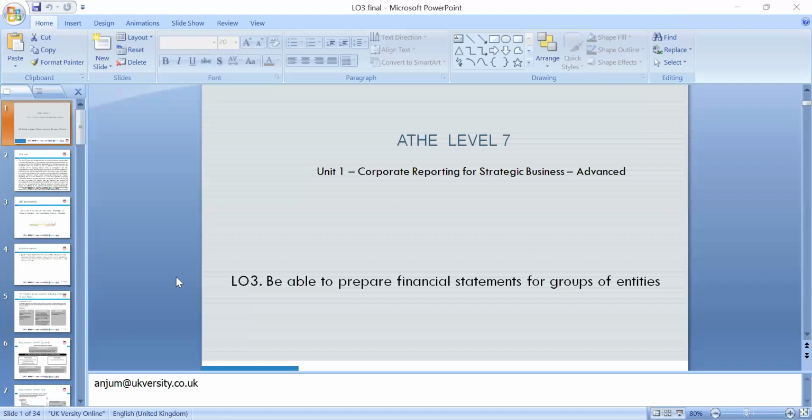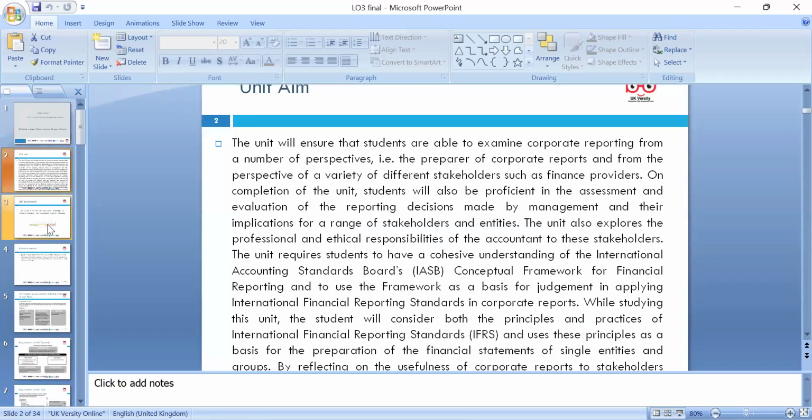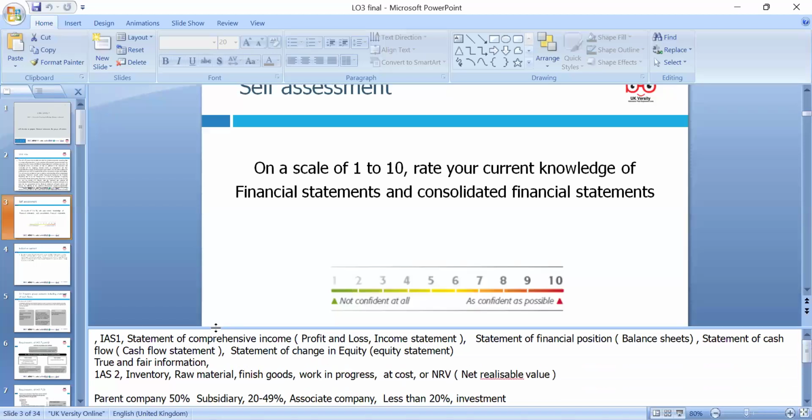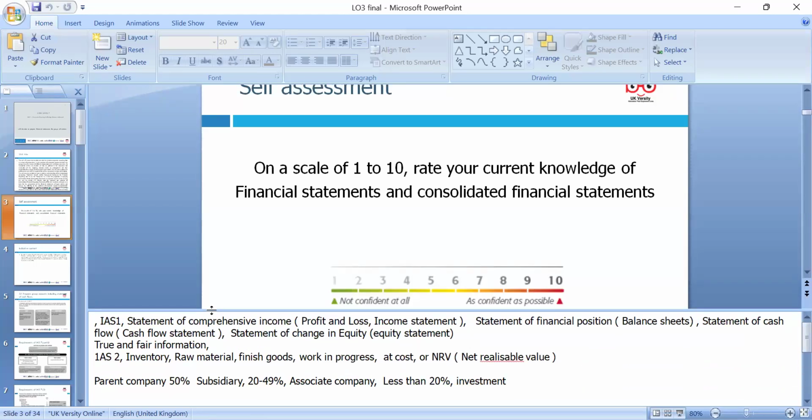When we start any activity, it's always good to reflect on our previous knowledge, how much I already know about the consolidated financial statements. Most of you are already working in accounts and know the consolidated statement. Maybe you studied it in other financial courses and learned how to prepare and present financial statements under IAS 1, International Accounting Standard 1,